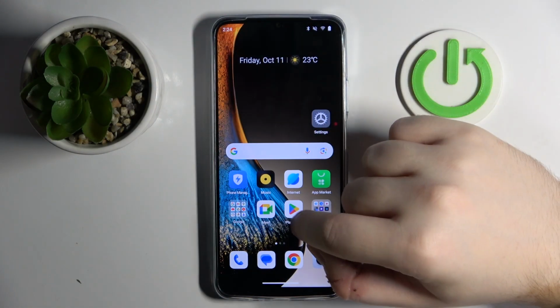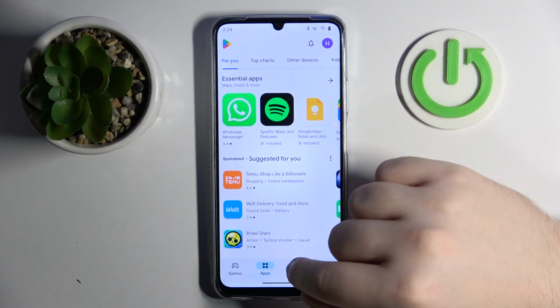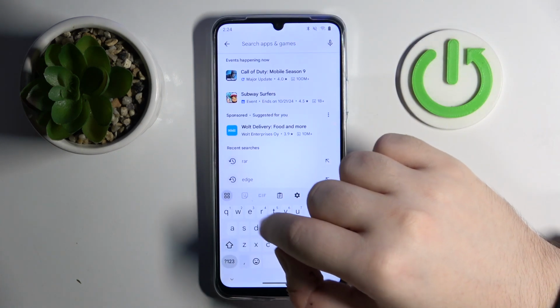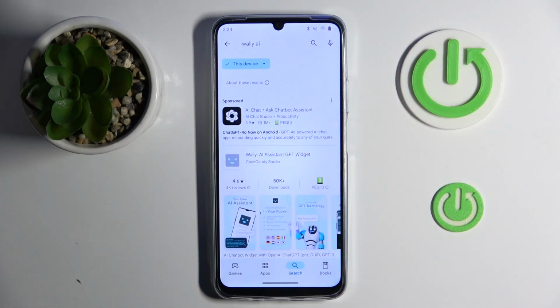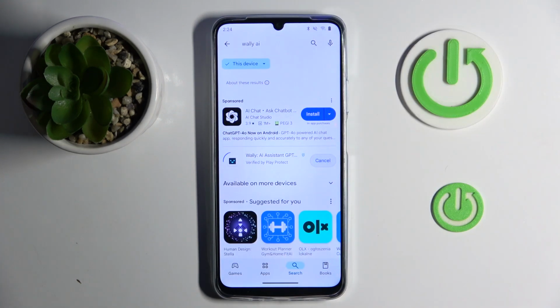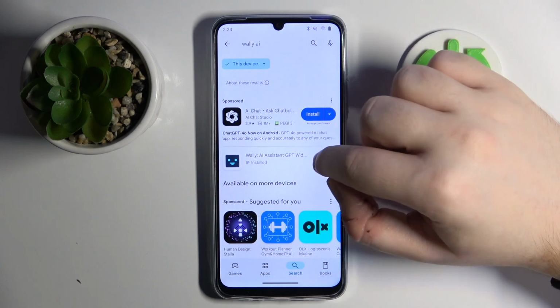So you have to start by opening your Google Play Store, then you have to click on the search bar and type in Wally AI and click search, and now click install. Now you have to click open,